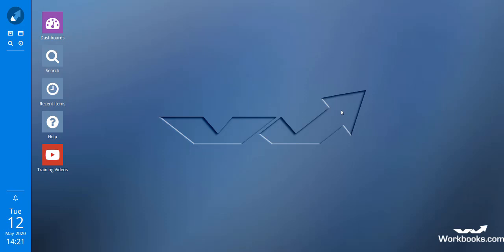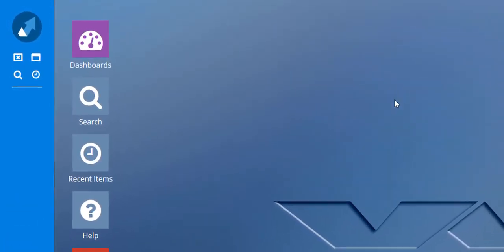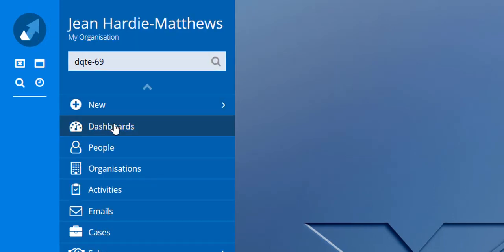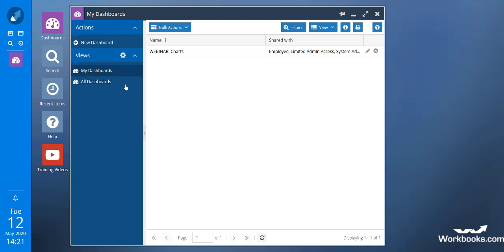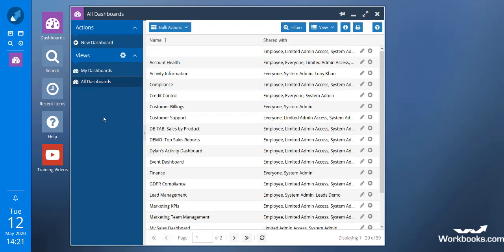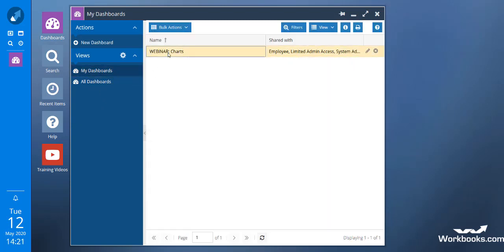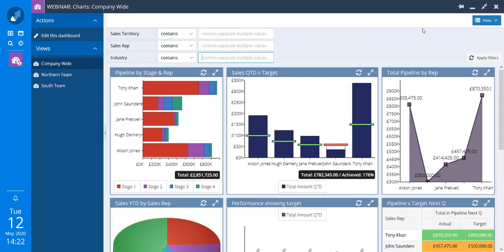As I mentioned in the slides, probably the most popular way of sharing reports and charts is by putting them onto a dashboard. There is a separate tutorial covering the setup of dashboards, so I'm not going to go into too much detail here, but you'll find dashboards by clicking on the desktop icon for them, that's up in the top left of my screen at the moment, or by navigating using the start arrow to the dashboard's landing page. You'll see any dashboards that you own and all the dashboards that you've been given access to, just like any other landing page. If I go back to my dashboards and open this one called Webinar Charts,